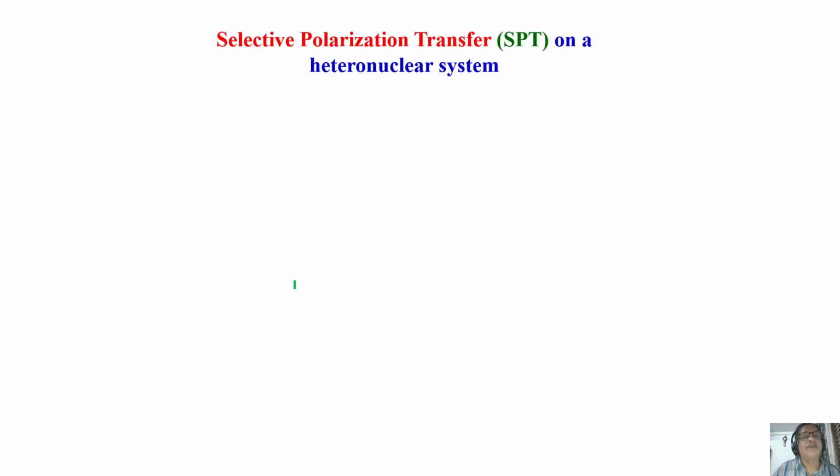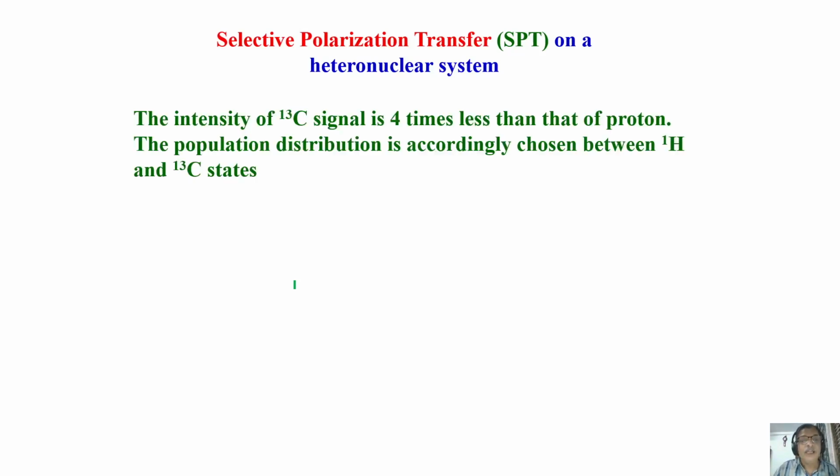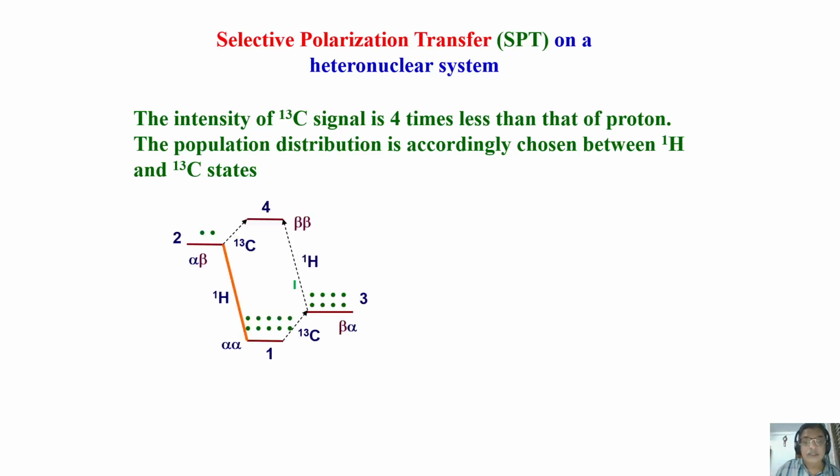Now let us see what happens if you apply this in a heteronuclear case. This is what our interest is. Finally, we want to see the enhancement of the carbon signal, not proton, right? The intensity of the carbon signal is 4 times less than that of protons. Remember, I gave you the energy level diagram of a homonuclear spin coupled system. In the homonuclear case, two coupled spins have energy levels that are close to equal, while in the heteronuclear case they are very well separated. Two small energy separations for hetero and large energy separation for homonuclear spins. I wrote it very clearly, and that is coming in handy now. Please understand, that becomes very useful now.